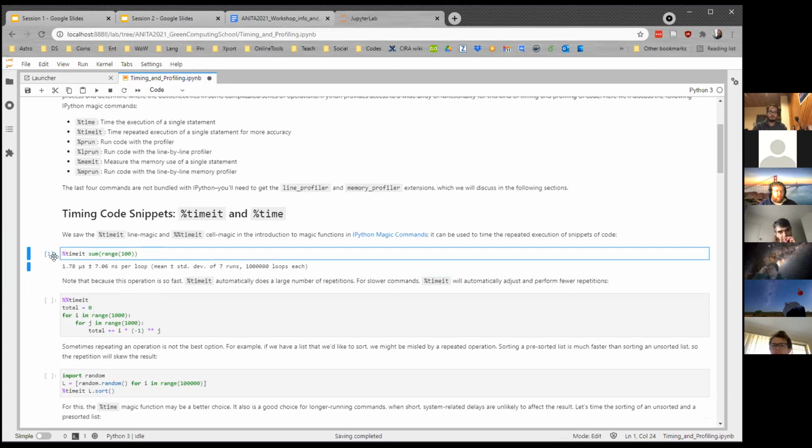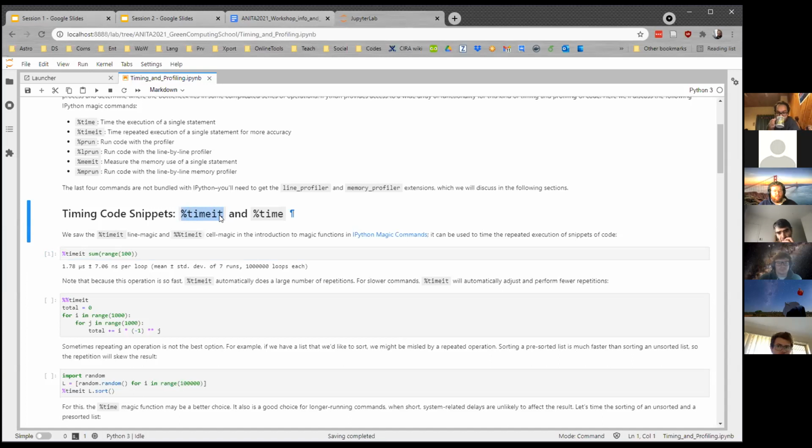Okay, so you can see here it gets a number 1 to say this is the first cell that was executed. And then it also gets an output here. So this particular command generates output, which would normally get printed to standard out or standard error, it's going to appear here in your notebook. Okay, so what's happening here, we're using the timeit snippet, which is a little bit like the bash time command. Okay, in that when we run timeit and then we give it a little one line of code,